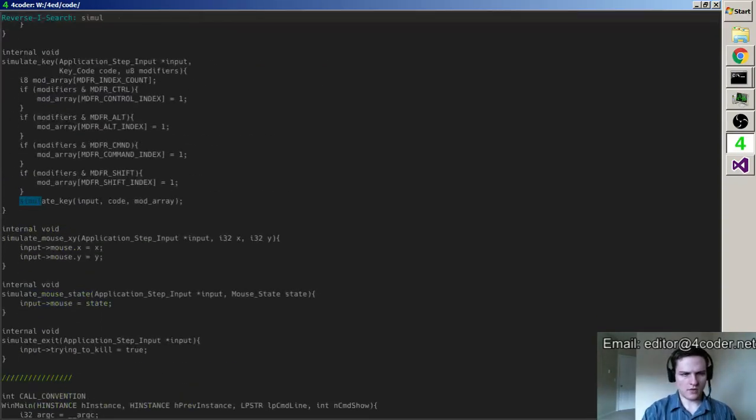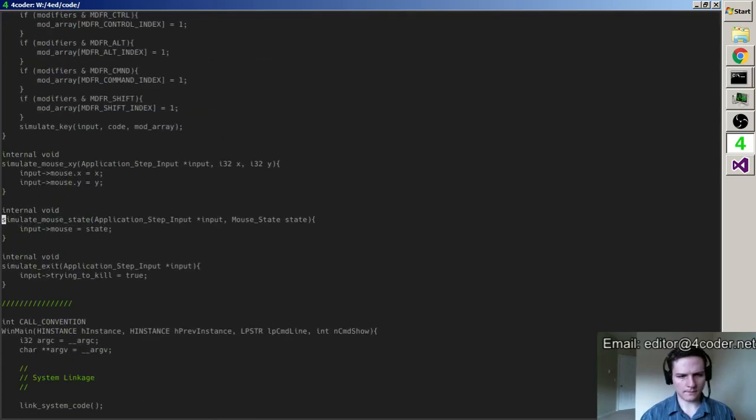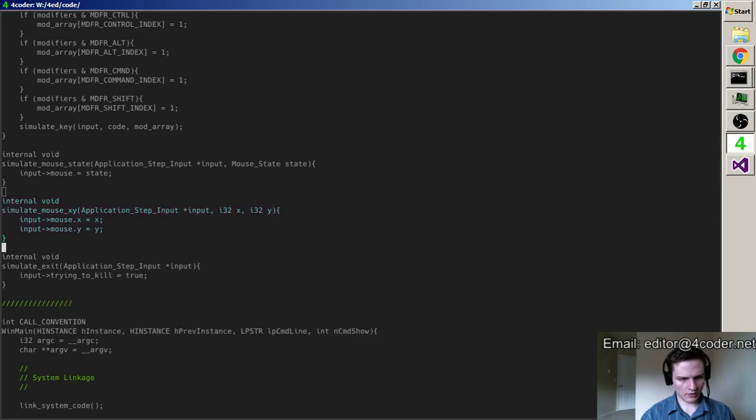Right, so simulate state, was that what I called it? Mouse? Oh wait, I'm looking at it right here. Okay. So the basic thing I want to be able to do is basically announce event-like things that modify the state, rather than just wholesale set the state every time.